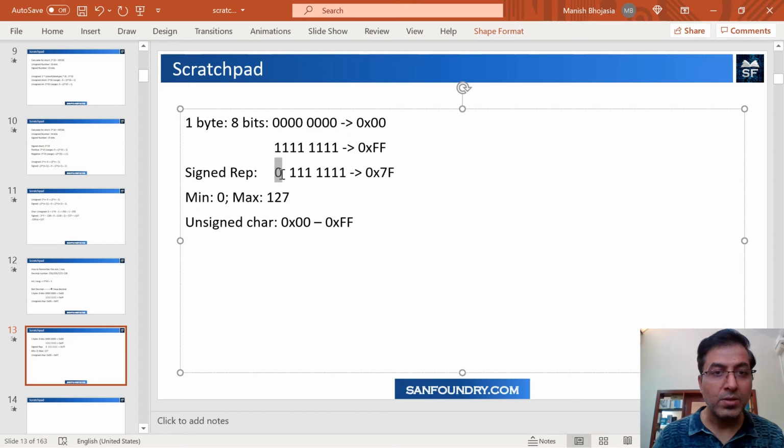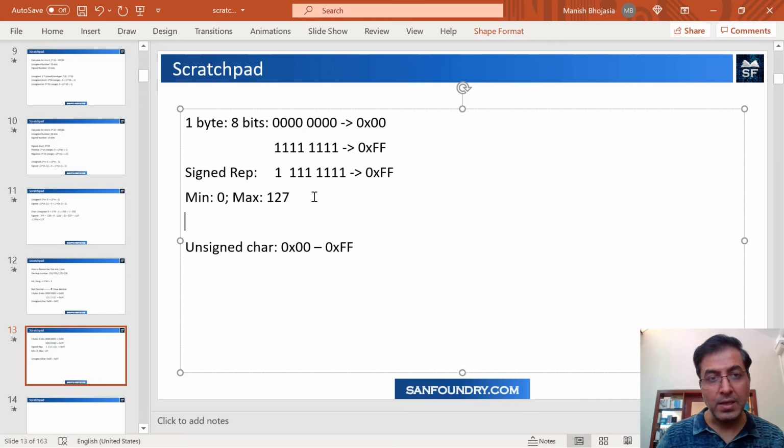And you say, what about this one? If it is 1, then we are going to write it as FF. This is 100% true because in memory, whatever is stored in the 8-bit position, that's the value. Now, since this is 1, we know that it is a negative number, and in my previous classes, I have already explained in much more detail. When you look at all ones like this, or FF, that value is basically -1.